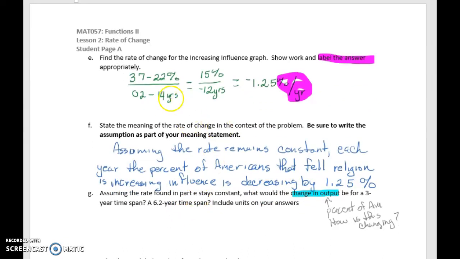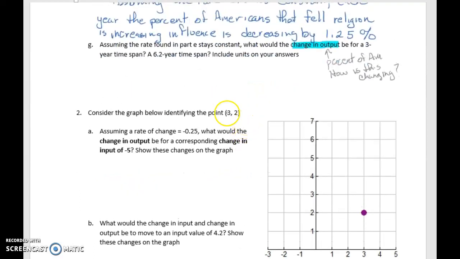So now part G is referring to the problem in part E. So we know that in 12 years the output changed by 15%. Each year the output is changing by a decrease of 1.25%. So now if we look specifically at this problem, we want to know if the change was a 3-year time span change, then we know that in 3 years,